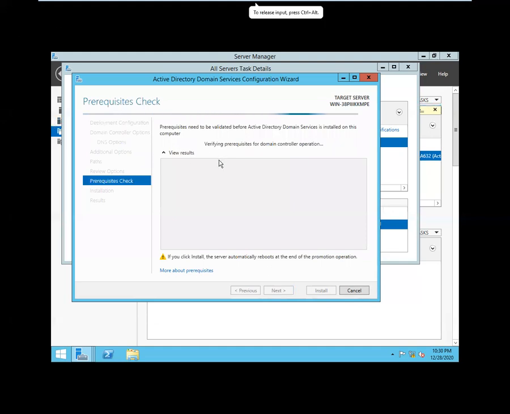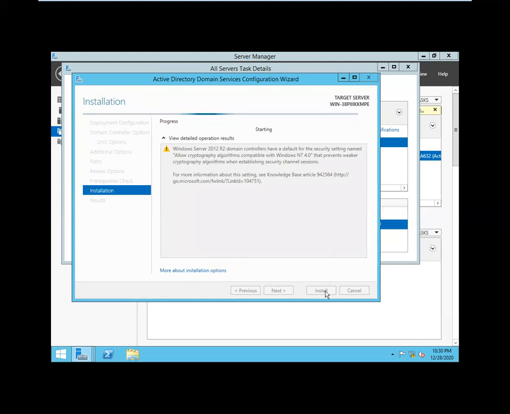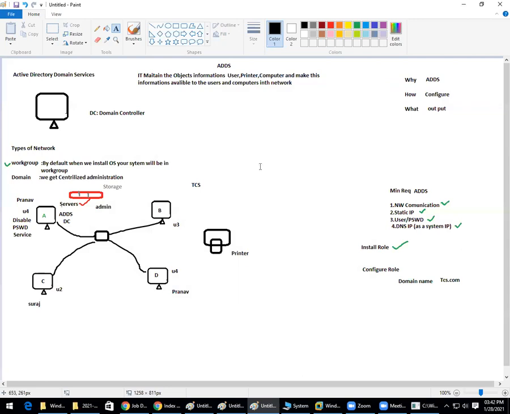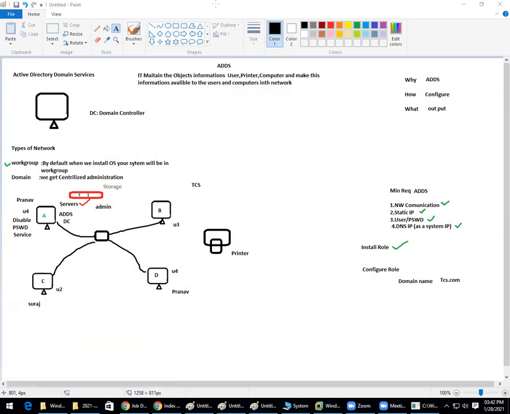It takes 2 to 3 minutes, and it checks. Now it is checking the prerequisites before it gets installed. All the prerequisites have passed. As I said, DNS, IP, network, all these things it will check. If anything is missing, it will fail and you will not be allowed to install. Now everything goes fine, and I'll install. Now it has started the installation. So let it get installed, and I'll explain something on what I'm talking about. Forest. What is this forest? What are we going to get in this forest?